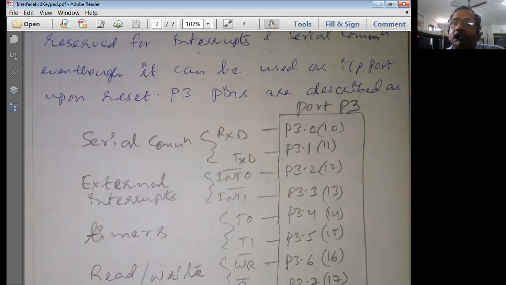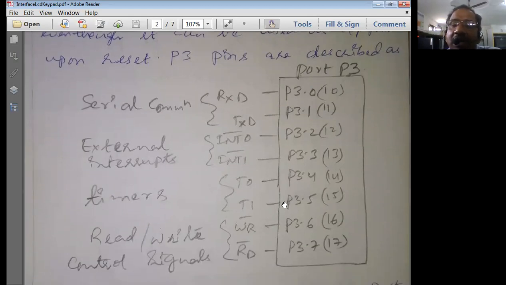So the receiver pin is given the first priority, then the transmission pin. Then obviously interrupt 0 is first priority, interrupt 1 is second priority. Similarly T0, T1, and here also WR bar, writing data into the memory, is an important task for us.